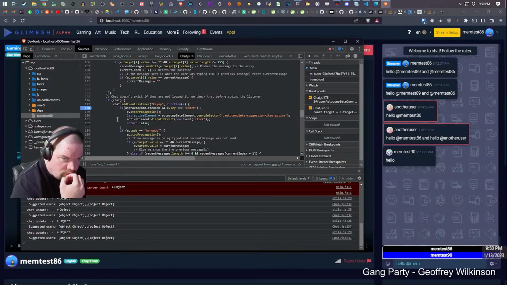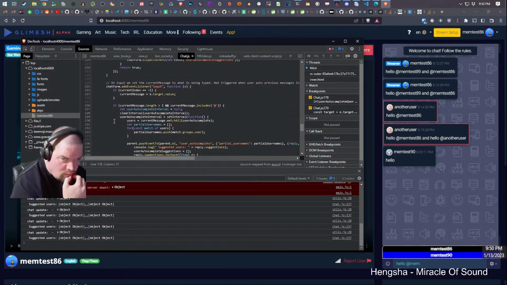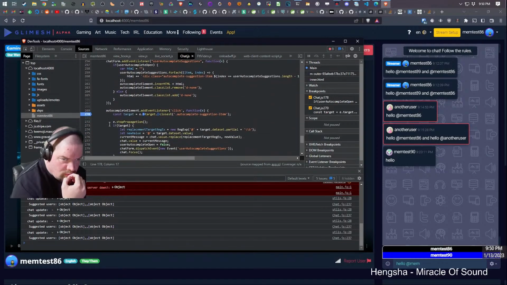Okay, now it's not. So what is that on? It was on autocomplete element. Click. But the click has got to be on the closest autocomplete suggestion item.